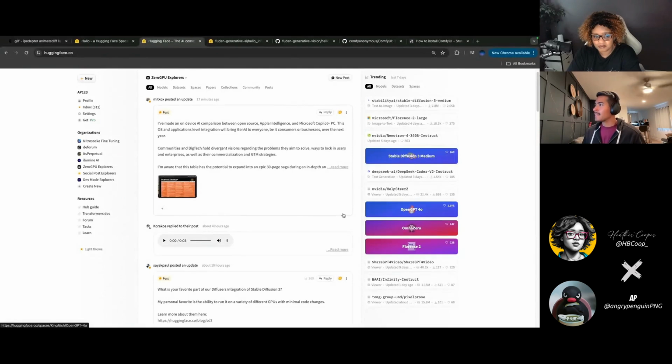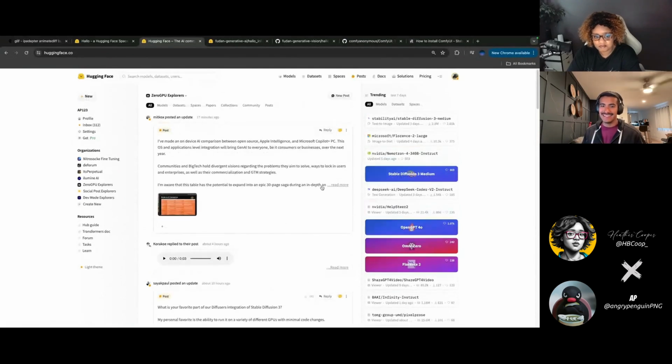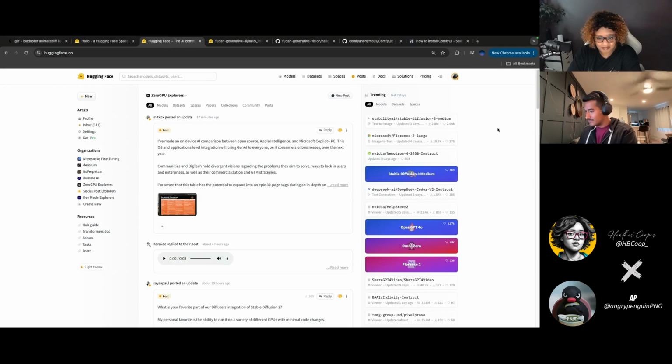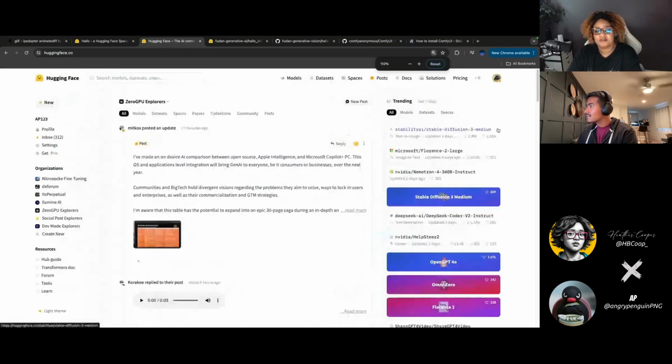There's a bunch of stuff on here that helps you keep tapped in with what's going on in Gen AI. The thing that I really like, the thing that I'm always sharing on Twitter and making, are these things called Spaces. If you navigate up to the top here, let me zoom in a bit. Oh, I'm on Mac. There you go. Cool. So if you go to Spaces,